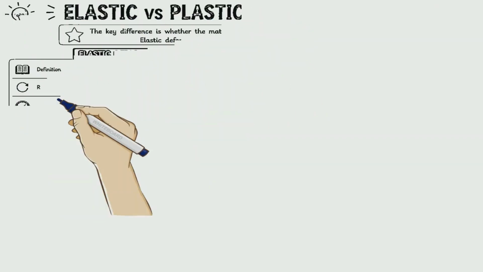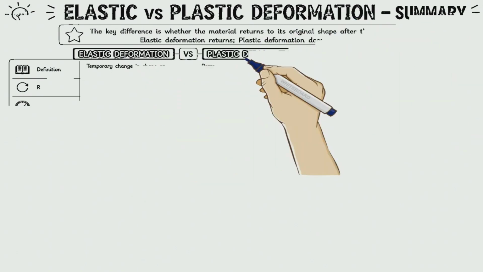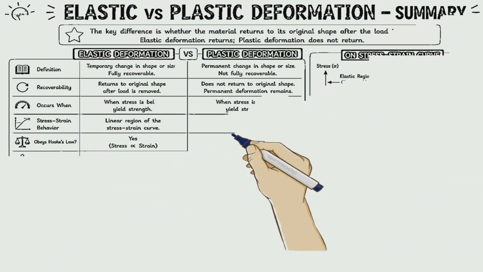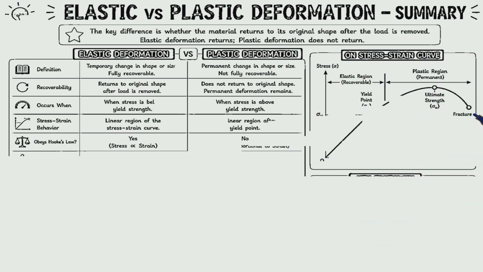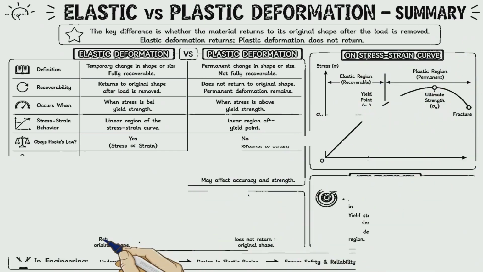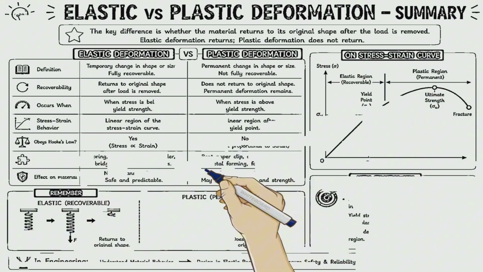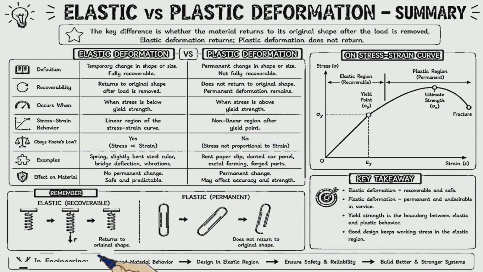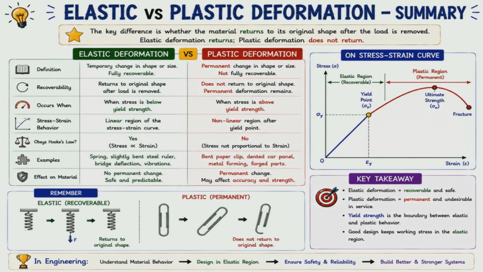Let's summarize. Elastic deformation is temporary and fully recoverable, while plastic deformation is permanent and remains after unloading. The transition between these behaviors occurs at the yield strength. Good engineering design keeps operating stresses within the elastic region, ensuring components remain safe, reliable, and functional throughout their service